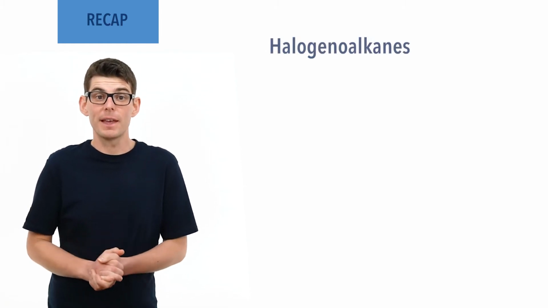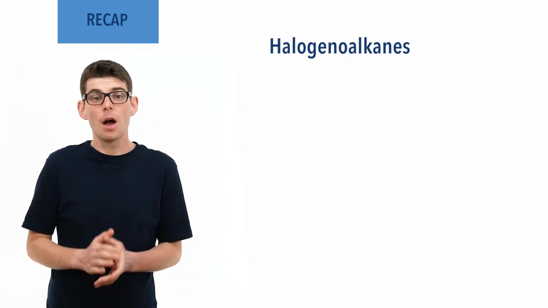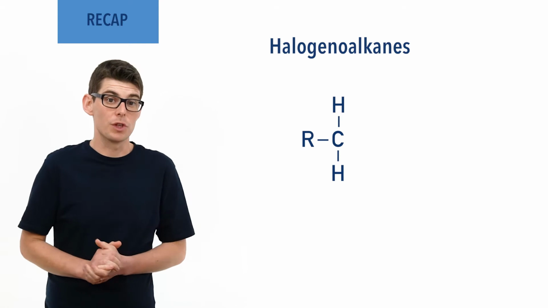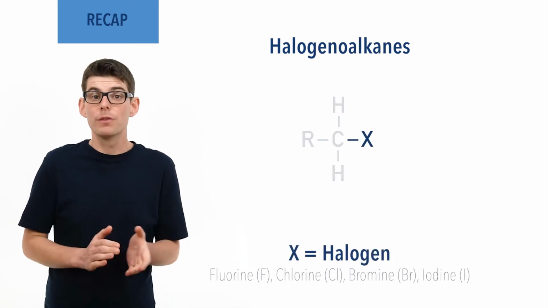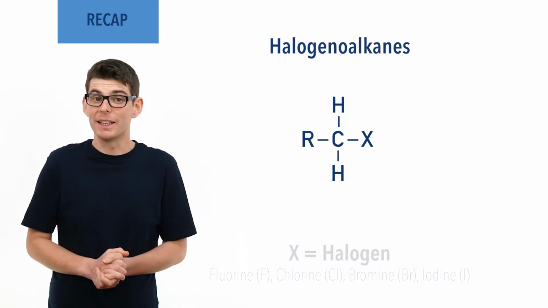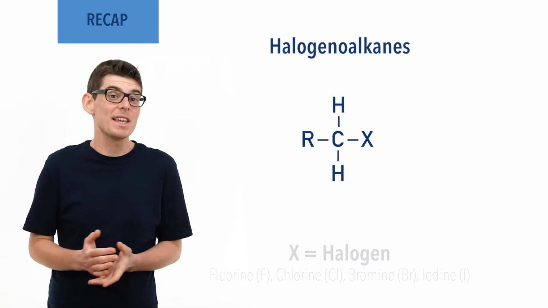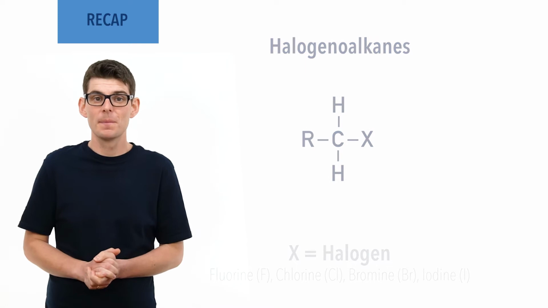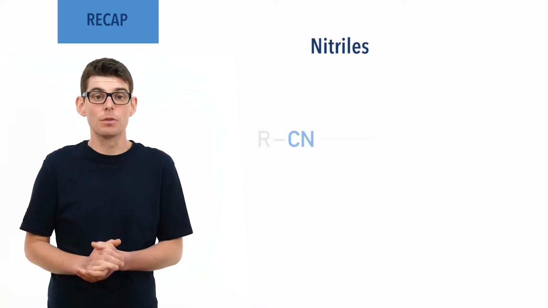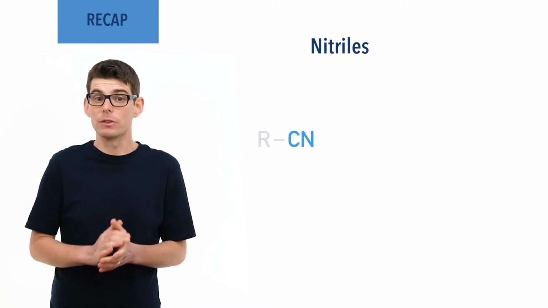Before we talk in detail about the reaction, there are a few essential ideas you need to be comfortable with. Halogenoalkanes, also called haloalkanes, are a group of compounds that contain an alkyl group, a carbon and hydrogen chain, bonded to a halogen: fluorine, chlorine, bromine or iodine. In simple terms, they are like an alkane where a halogen has taken the place of a hydrogen. Nitriles are a group of compounds that contain a CN group, in which a carbon atom has a triple bond